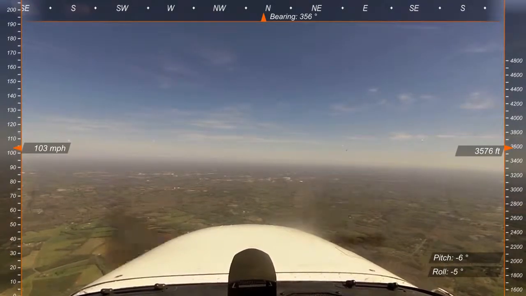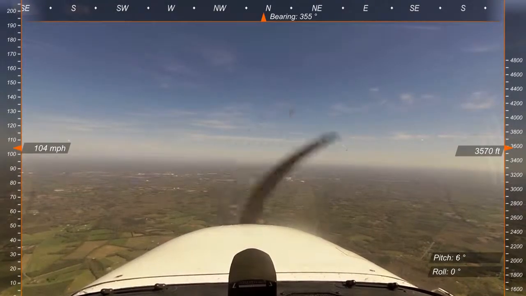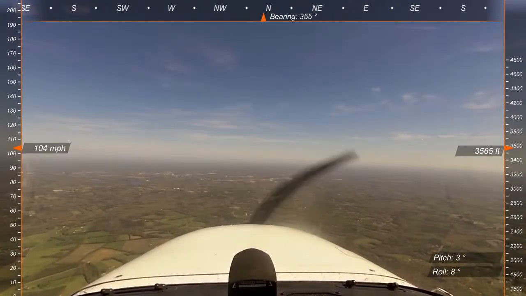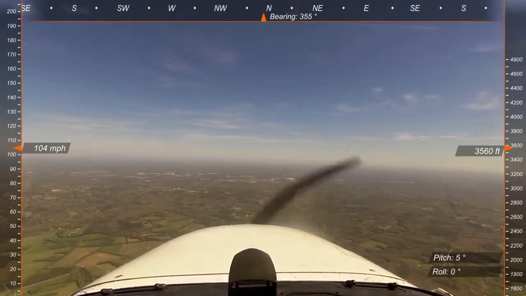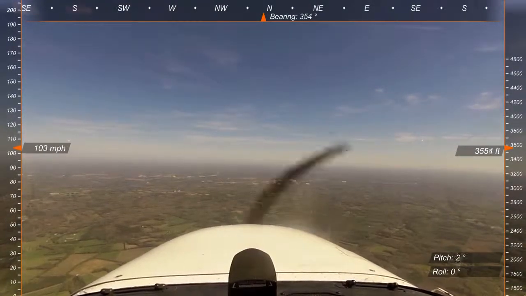North Carolina. Automated weather observation 1455 Zulu. Wind 030 at. Alright, he decided to go to 6. Alright, because